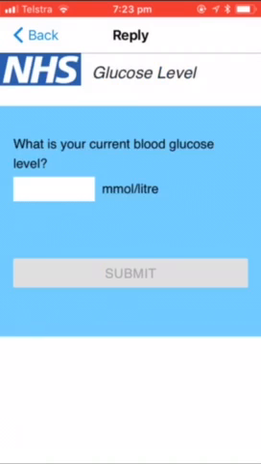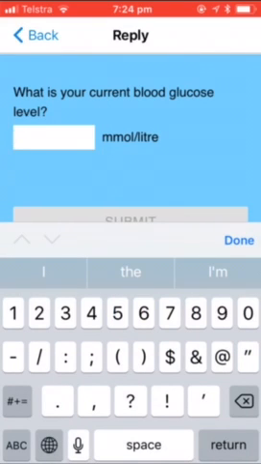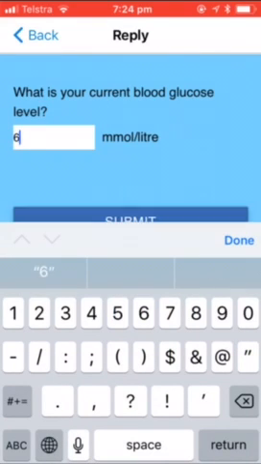Tap the button. You will be brought to a new form. In the form, you should enter your current blood glucose level. Let's enter something, for example,